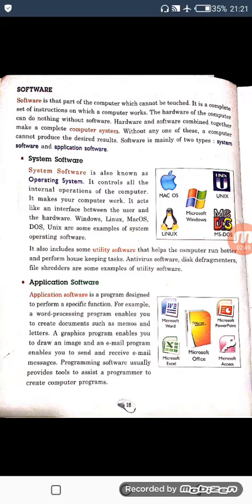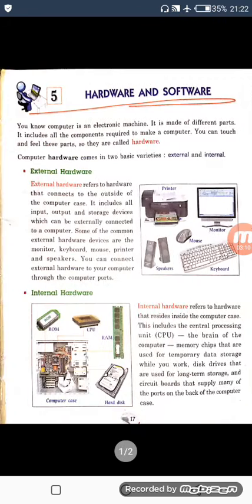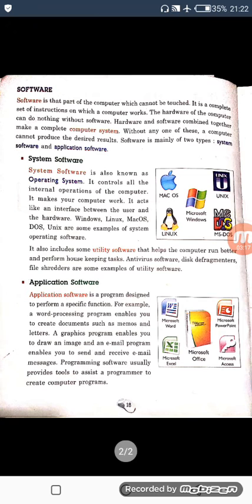You will operate that by using a pointing device called mouse, but you cannot directly touch that, just like your paper and drawing sheet. You can only see that. So that part of the computer which cannot be touched but can be seen, that is software. Hardware can be touched, can be seen, can be felt, but software we can only see, we cannot touch it.